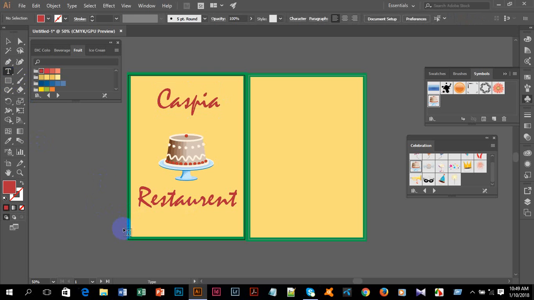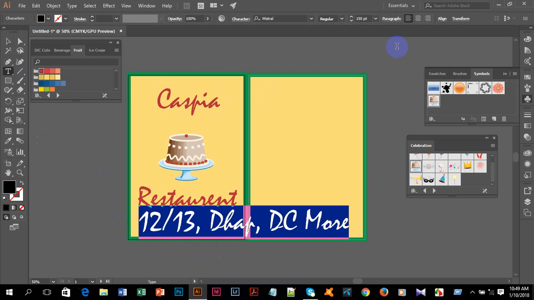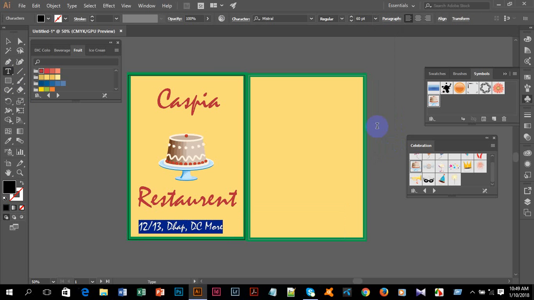Then I'll take the text tool again and write down the address here, 12 by 13 Dhaka. Then I'll press Ctrl A and decrease the size of this.